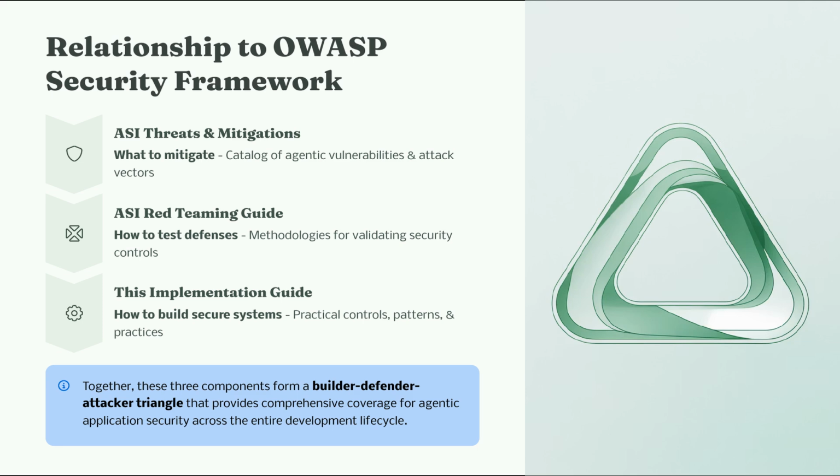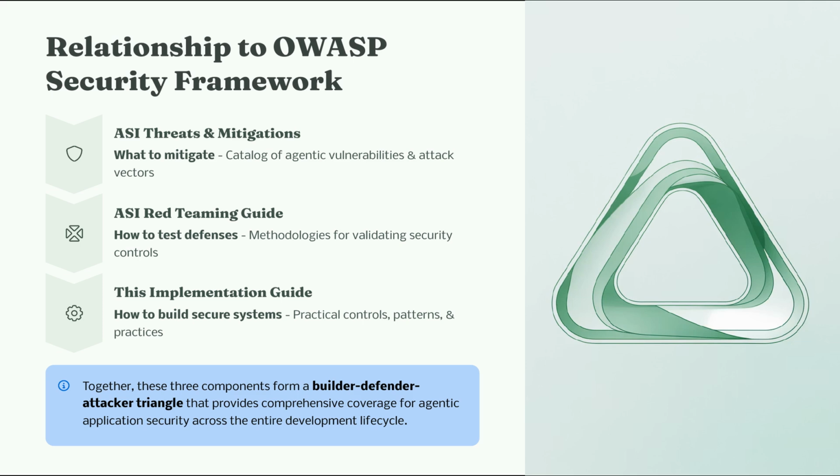OWASP security framework and the essential strategies for mitigating risks associated with agentic applications. In this context, we focus on cataloging vulnerabilities and attack vectors, utilizing the ASI Red Teaming Guide as a vital resource. This guide provides methodologies for effectively testing defenses, ensuring that security controls are validated and robust. Additionally, the implementation guide offers practical insights on building secure systems, presenting essential controls, patterns, and best practices. Together, these elements create a powerful triangle of builder, defender, and attacker perspectives, ensuring comprehensive application security throughout the entire